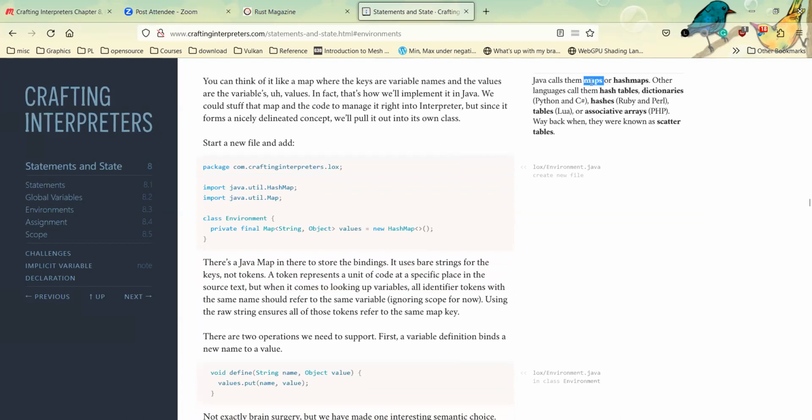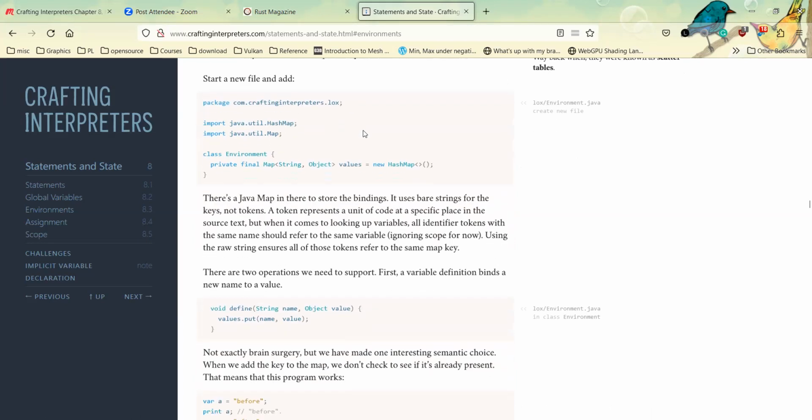And here's a comment. Java calls them maps and hash maps. Other languages call them hash tables, dictionaries, hashes, tables, associative arrays. Way back when they were called scatter tables. There are also languages that call them unordered maps. This is a very common data structure.